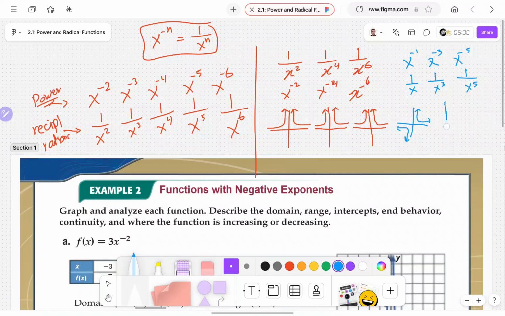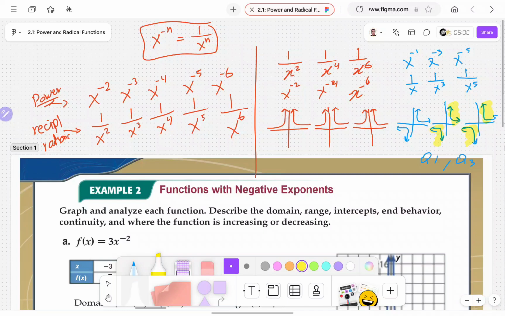Same thing here for the other one, in quadrant 1 and in quadrant 3. The same thing here, in quadrant 1 and in quadrant 3. Okay, so now, always, when the power is an odd number, the graph will be in quadrant 1 and quadrant 3, because you know that this side here is quadrant 1, this side here is quadrant 3, this is quadrant 1,